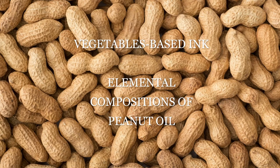Second, elemental composition of peanut oil. Peanut oil is one of the most necessary substances in the making of inks. The oil is classified in a group of fat which can be collected from the sum of nuts, fruits, and seeds. Peanut oil is comprised of triglycerides, which is about 95%, including its minor part of mono and